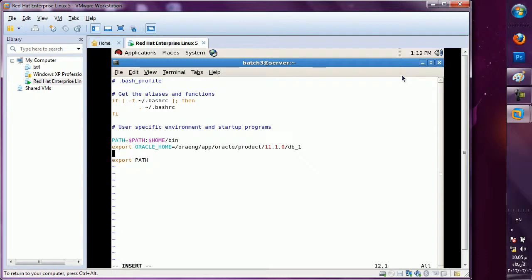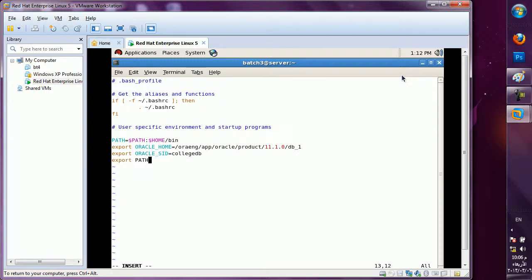Second, I have to decide my instance name, that is ORACLE_SID. Suppose you are creating a database for the banking sector or the transport sector, anything. Suppose I am creating it for a college. So you will decide the instance name and database name. This is not a database name, this is an instance name. My database name I have to give in the parameter file, the same name.